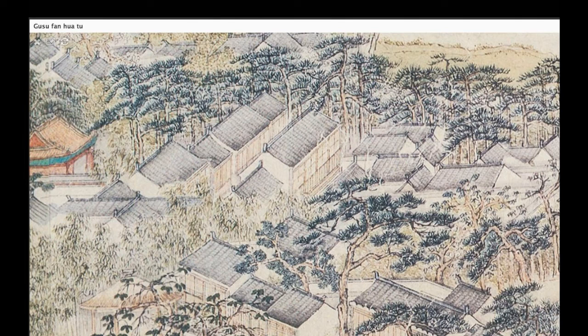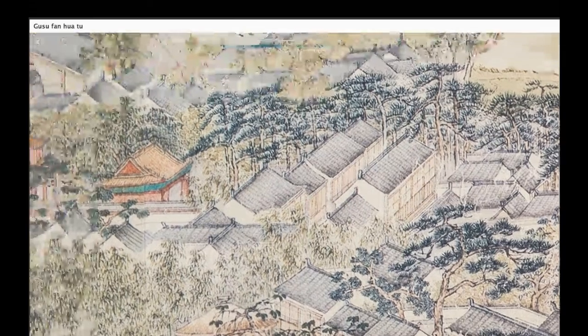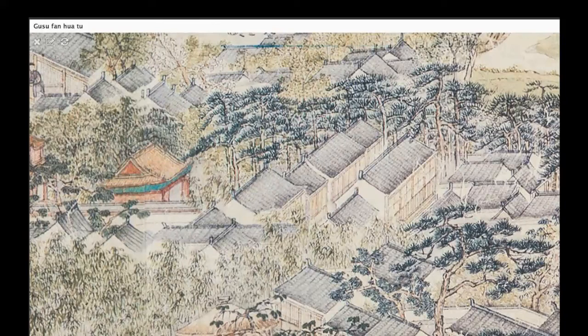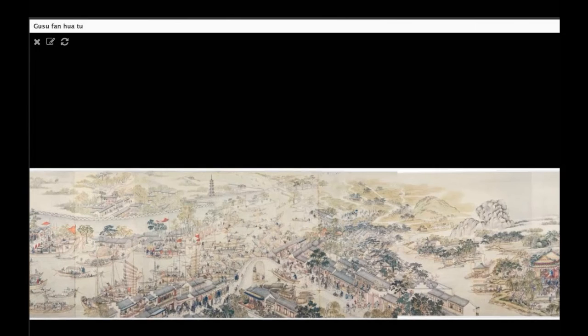Okay? So now I have zoomed in, and I want the instructor to be able to add their comments. Let's see. I'm not good at this. But be able to come in and write things on this particular, let's see.